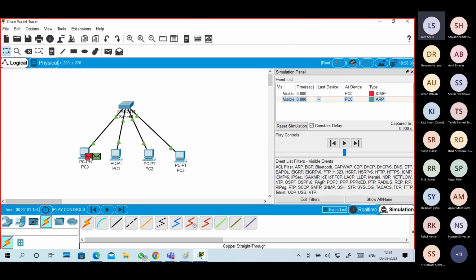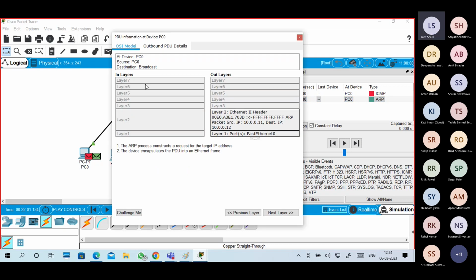Okay guys, look at what happened. I'm sending from here to here. It doesn't know the destination MAC address, so it is showing FFFF as the destination. Source is this PC's MAC address, then destination MAC address, source IP address, destination IP address.